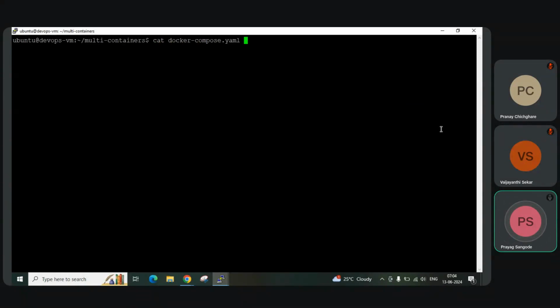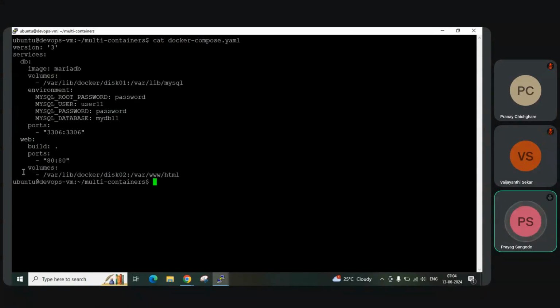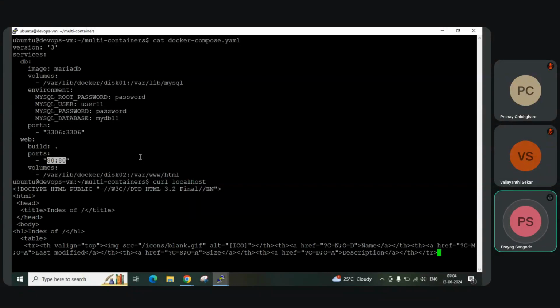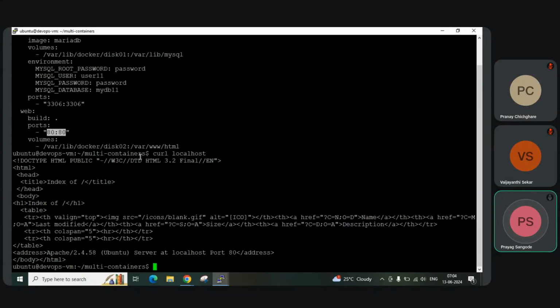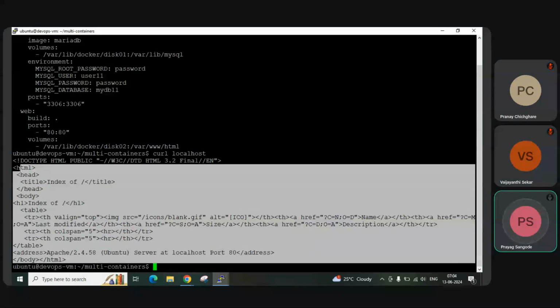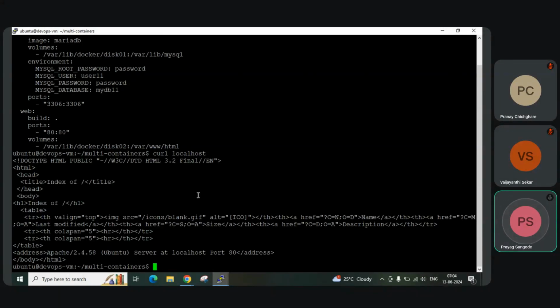And we have this Docker Compose file. Here we have defined port 80. So when we do curl localhost, actually if you see, it is giving a warning. It is not properly displaying the page. So what we have done is, if you see here,